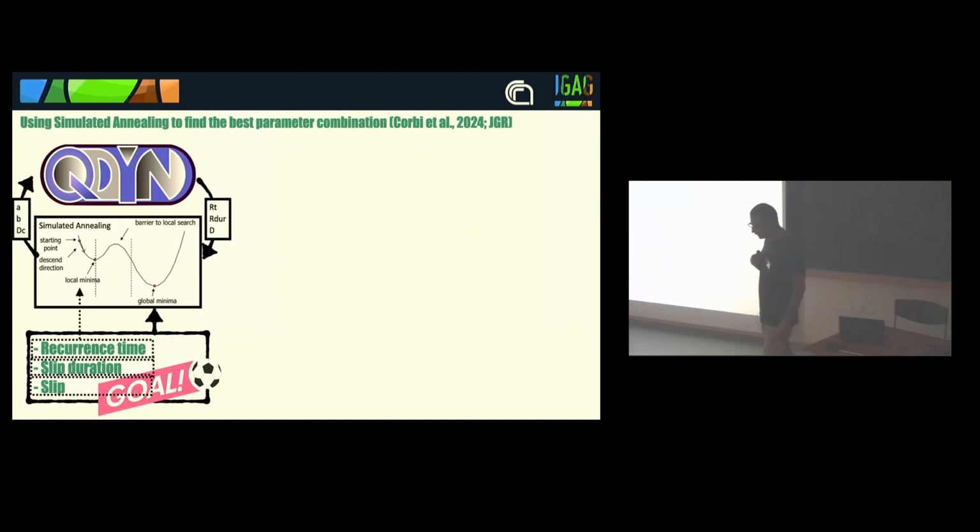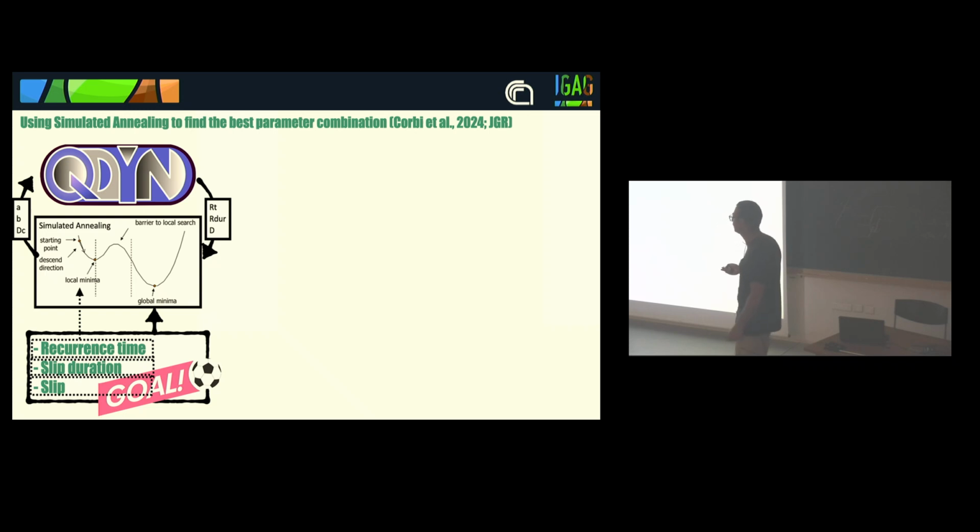What I really wanted to do this time was to try to frame a laboratory experiment into the rate and state formulation, just to say, okay, we have something that's stick slip and the properties are similar to other types of modeling. So I used CUDIN and linked it together with simulated annealing, which is an optimization algorithm that allows us to retrieve A, B, and D sub C independently.